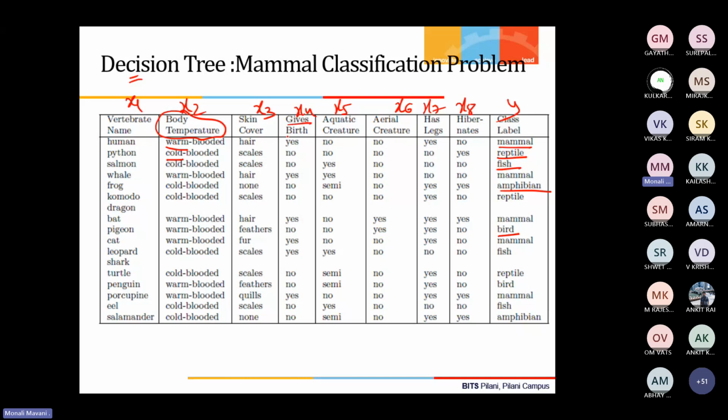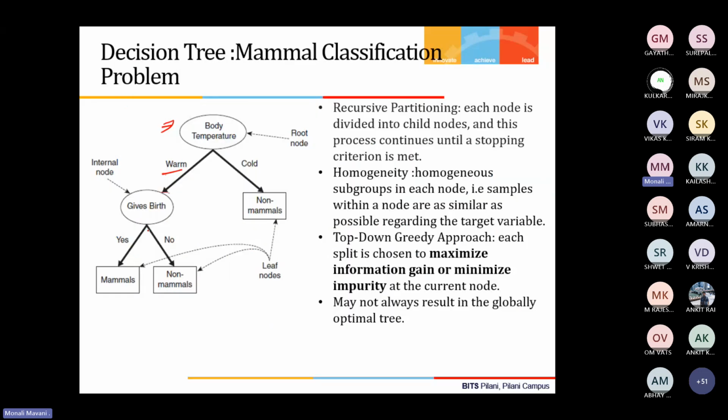Where is that gives birth here? Here. Gives birth, X4. And you can see I have two values. Again, for gives birth, I have only binary values. It's a binary attribute, so I have only two branches, yes and no. And then if I go from the body temperature to the cold path,